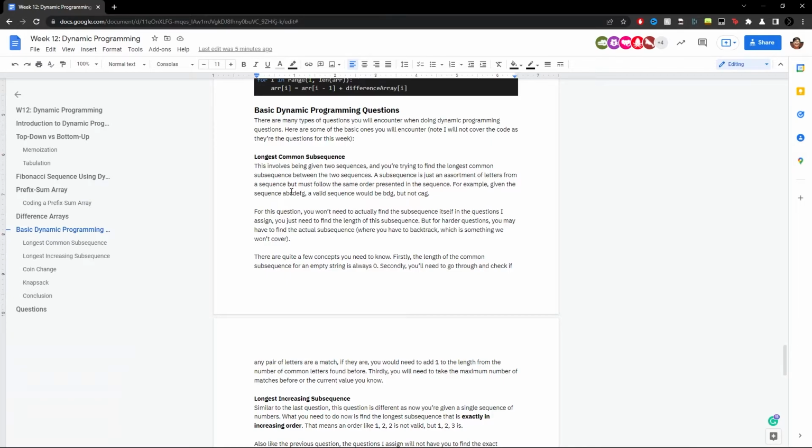at a given point in one sequence and another given point in the other sequence, do these letters match? If so, then you have to look at all the letters that you've checked through before and see, have you found a match before, and just add 1 to how many common letters you've found before. And thirdly, you'll need to take the maximum number of the matches before of all the letters you've been searching through and the value you currently